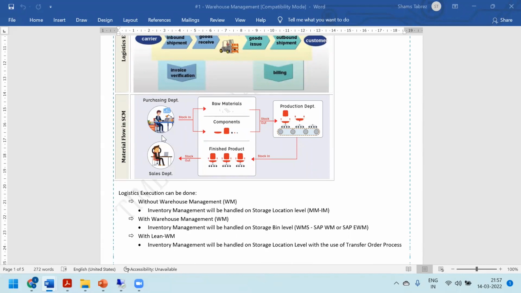So here, what we need to understand is the role of each department, and to make the job of each department more efficient and automated, we use SAP modules. For example, to make our warehouse management more efficient and automated, companies use EWM. Similarly, for the procurement department, we have a module.